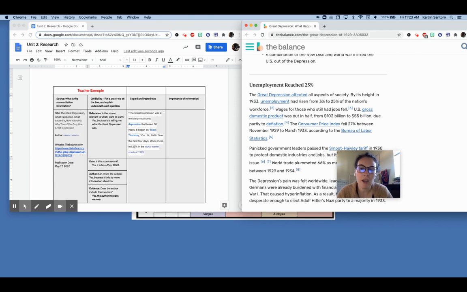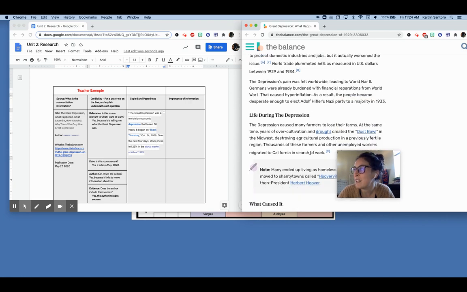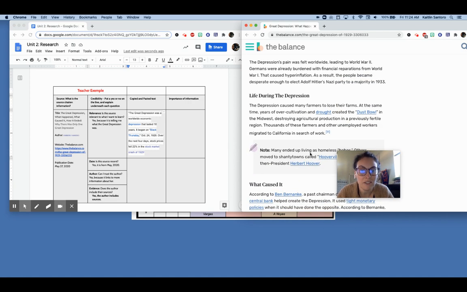So this next paragraph does seem important, but it's really telling me a lot about the economy, and I don't know if I need to go into that much detail in a short presentation, so I'm not going to take notes on that one. But the one underneath it says life during the Depression, and that seems pretty important